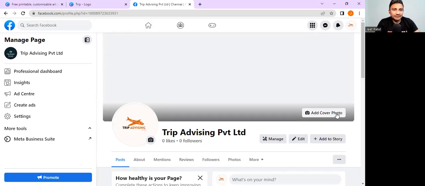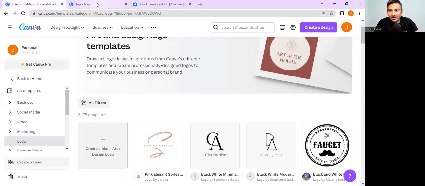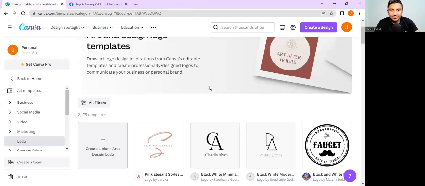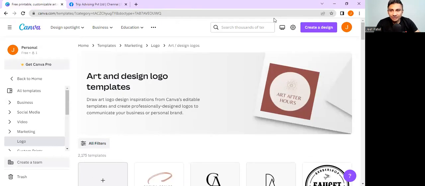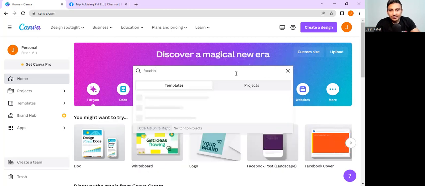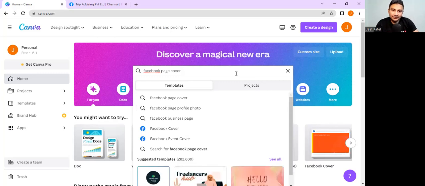Then we will create our cover photo. So for that, we will go back to canva.com. Okay, so now we did complete this part. So now we go back here, there is a button here, back to home. So we will go back home, then again I will search here Facebook page cover. Let's see what we find. This is the Facebook cover,